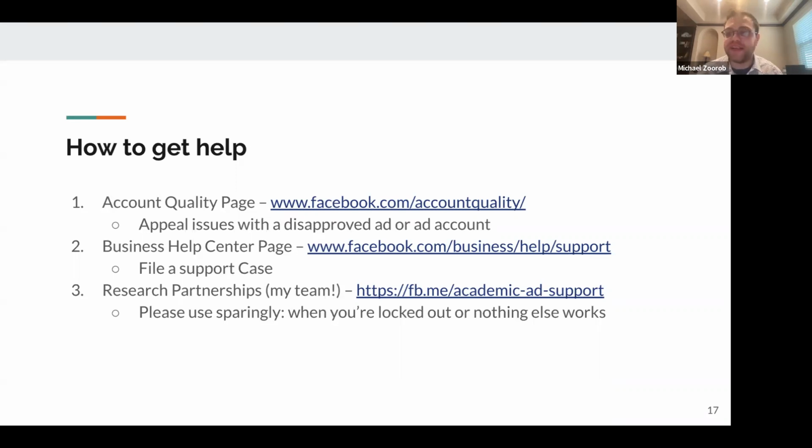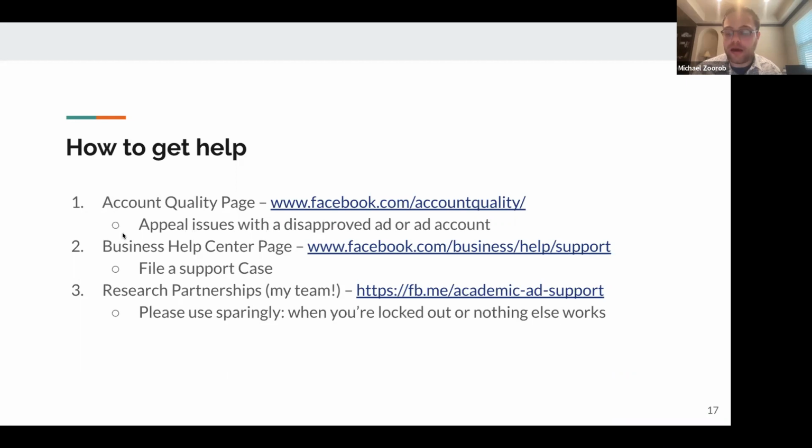We have more familiarity with appealing issues with disapproved ads or ad accounts that the researcher and us, and often human reviewers at Facebook, think are false positives than we do with the passport stuff. But I suspect we could figure out who at the company could help with that. So these are the kinds of issues that we're most equipped to help with. We are not at this point equipped to help with research design or things like this. So I'd ask that you not use the form, the third thing here, to ask us about that. You could email me and I may or may not be able to help, but the form is really for logistical issues.